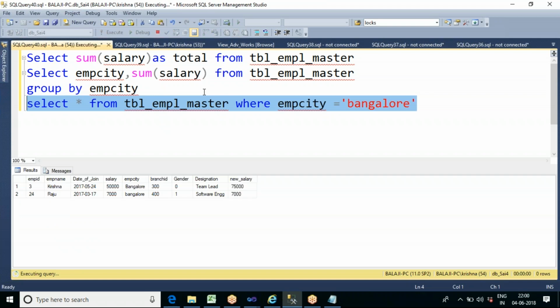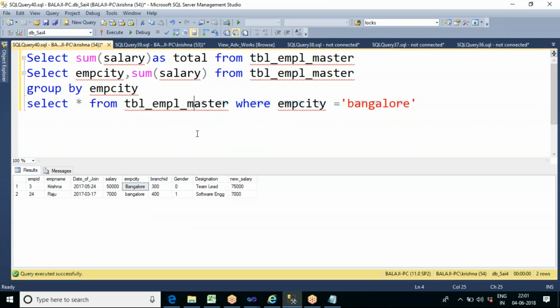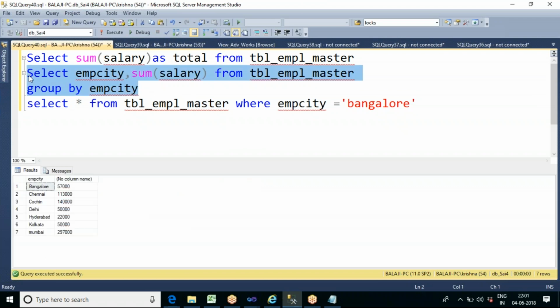Okay, so actually in your table data, you can see one is with a small b Bangalore, another one is with capital B Bangalore. But SQL is not case sensitive, so that's why it has treated both small b and capital B as the same.